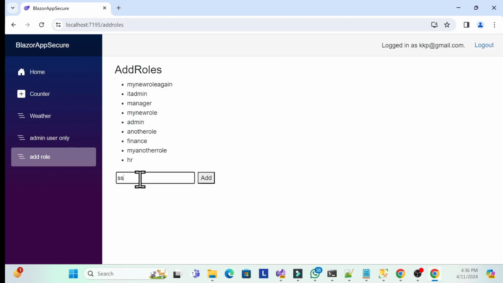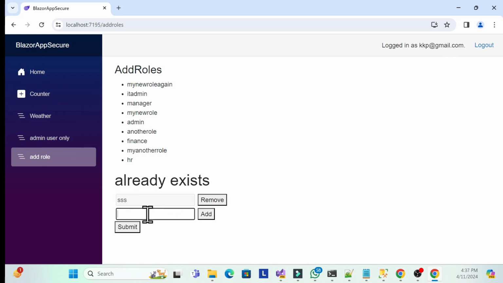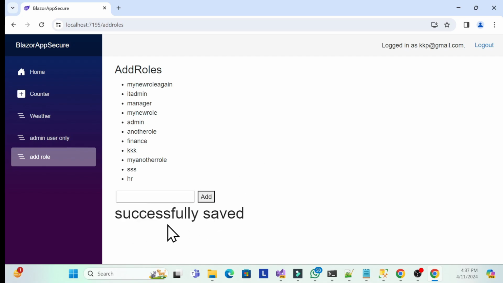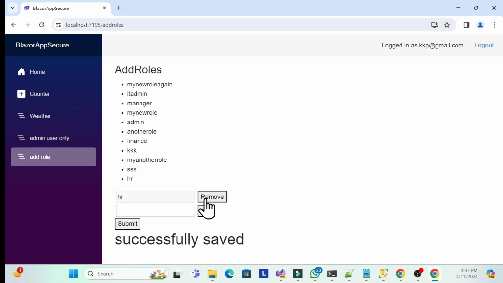Add roles, let me add something. See, it already exists, so it will not allow. So let me add something else, and it is fine. Once I submit, now see, I'm able to successfully save. And also if our API fails, it should change too. Let me check quickly. Suppose I already have HR and then try to submit HR again. See, the API fails and it says failed to save role. So like that you can quickly implement this in our Blazor web application along with the API to get the roles